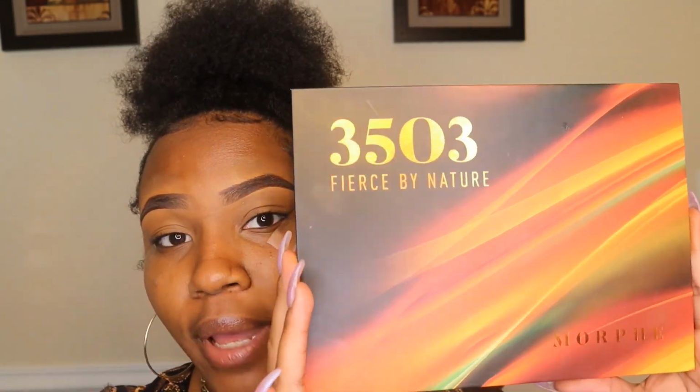And today I'm only going to be using one palette as well. I'm going to be using the Morphe 3503 Fierce by Nature palette. And for my first eyeshadow, I'm going to be using this eyeshadow brush from e.l.f. This is their blending eye brush. This brush is a nice round brush. It's very dense, and I like that because I am going to be packing on the most of the color with this eyeshadow brush. Now you guys, I am not a professional. I do want to put that disclaimer out there, but practice makes perfect,